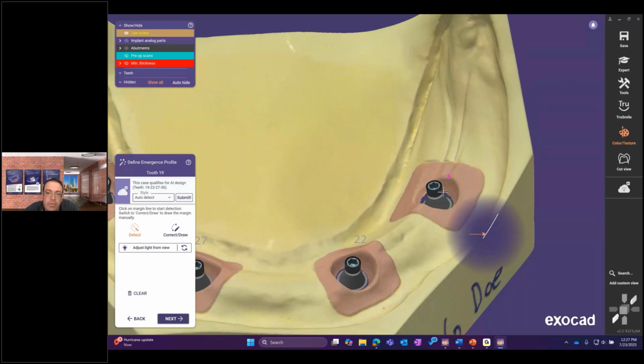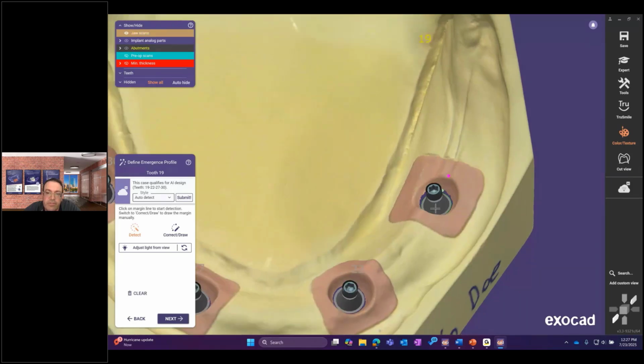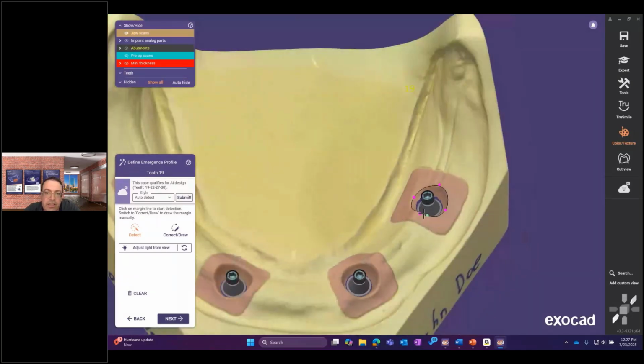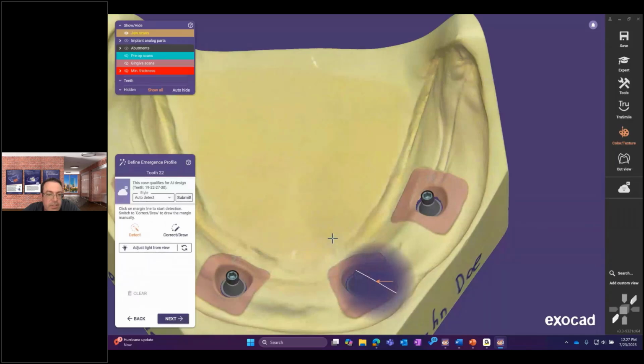Or you can plot a margin line here if you want to use the tools in the software for managing the tissue at that site. So you have the abutment bottom tools that you can use for contouring that surface if you do draw this line. All right, so tooth 19, we'll skip it for our anterior tooth positions